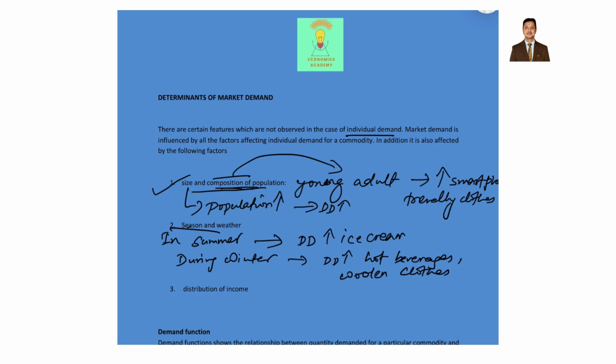okay? All right. Then there is distribution of income. Now this is pertaining to whether the income is equally distributed or only restricted to a few people. If the income is equally distributed, then many people have the option to buy, right? Many people can afford to buy, so the demand will increase. If the distribution of income is not equal, then the demand may fall, because only fewer sections of the people may be demanding.